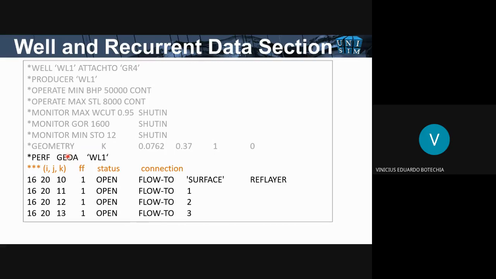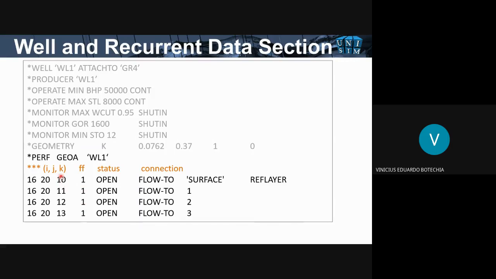You can also use WI instead of GEO here, and you put the well index directly in this column. But the most common thing is to use this keyword and let the simulator calculate the well index. And instead of that, it goes the factor form. I talk about this soon.